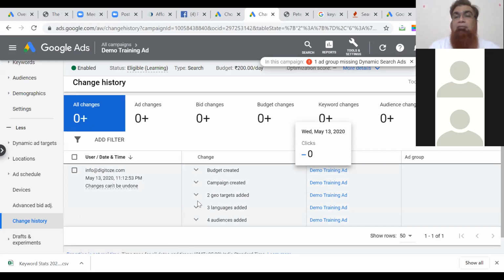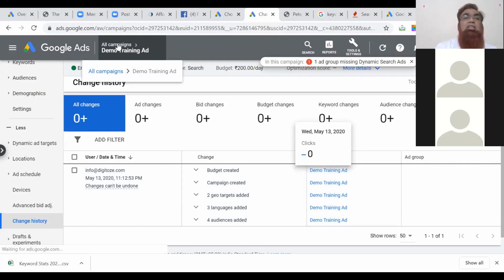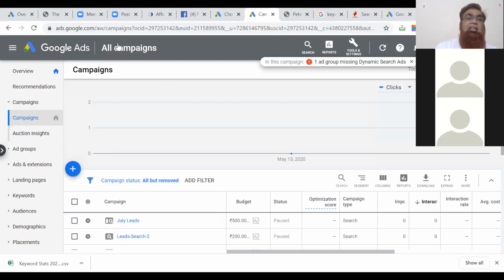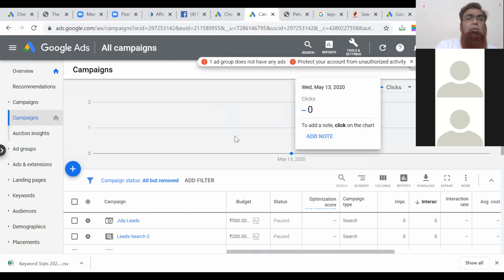Now if you have given access to anyone, there is a privilege that you can give access by assigning rights to someone. So when that person has made some changes, or when you have made changes, you can track that from here, and you will be able to see what changes have happened. Now I'll just show you the ad that I had created in the morning session.